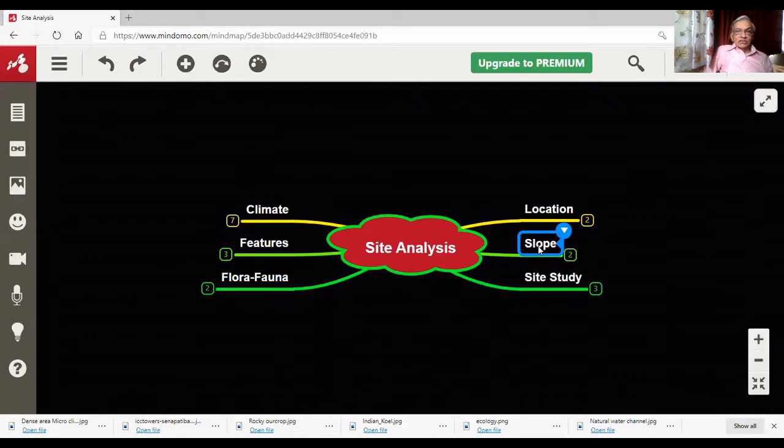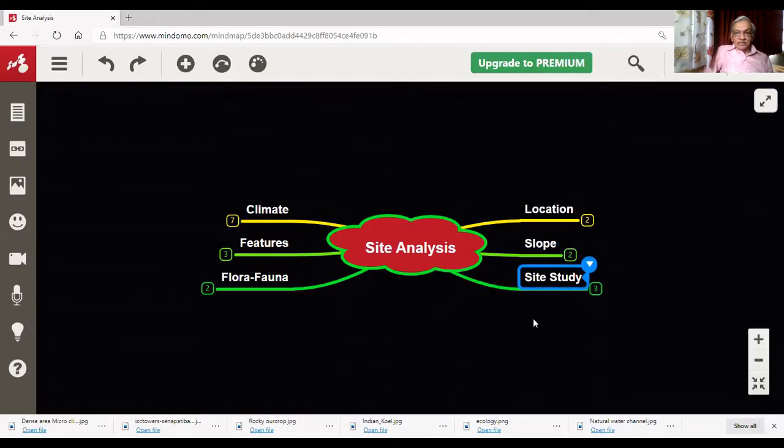and from there the site slopes down. In another example, the site could be sloping down, and at the end of the slope down there could be a road. So from the road the site actually goes up. So these are two very contrasting situations, and we need to understand the site and its contours from this point of view so that we can do justice to the design.